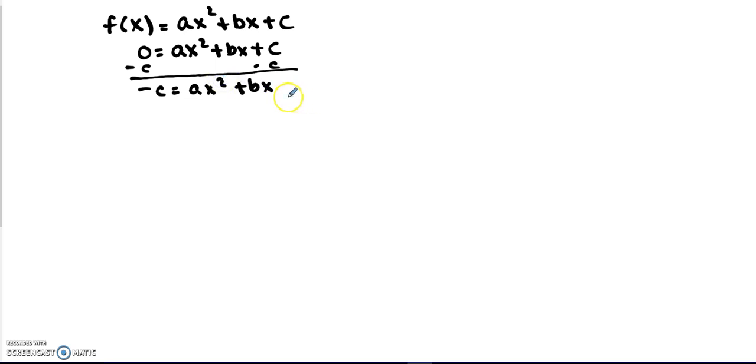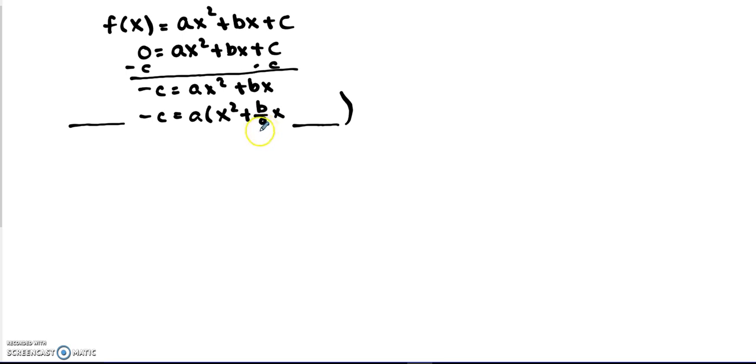Now, before we make this a perfect square trinomial, we always have to factor out a, and in this case, it's actually an a. So we're going to factor out an a, so x squared. Remember, factoring is really like just dividing out. So I'll have b over a to the x. And here's where I'm going to leave a space for what I'm going to put in, and a space for over here. So here's where we're going to deal a lot with fractions, so just follow along the best you can. We are going to take b